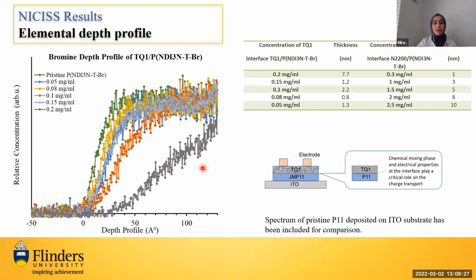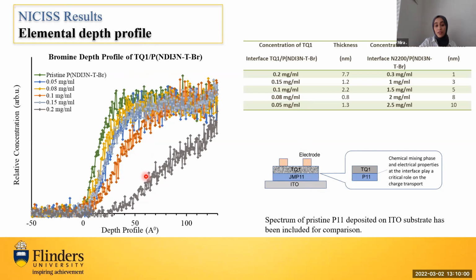So what we can see from NICISS here is the depth profile of the bromine. Bromine is a component of P11. So we have P11 and on the top TQ1. So bromine is a part of P11. This is the bromine depth profile for all the layers of TQ1 on top of P11 with different thicknesses of TQ1. What we can see from NICISS is a shift of the onset of the profile